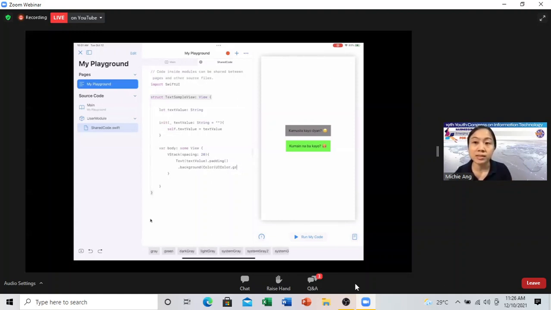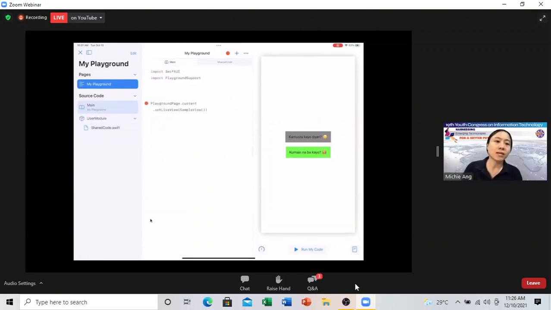I want to set it to a system color. Kasi later papakita ko sa inyo ano bang purpose nito. So secondary system background yung ginamit ko dito. And at the same time, since it's actually a shared code, we have to set everything to public, kasi para makita ng ibang mga files natin. So, yan. We have to set the struct public, initialize public, the body public,